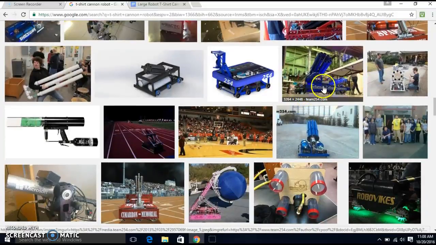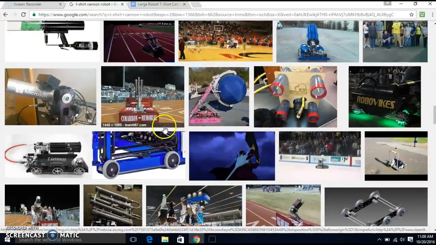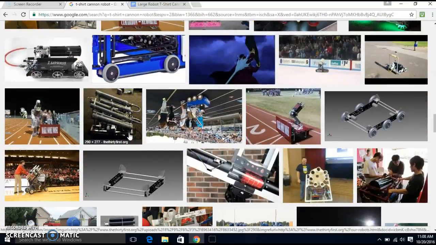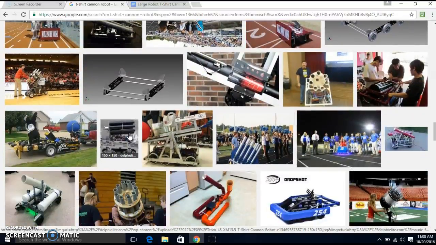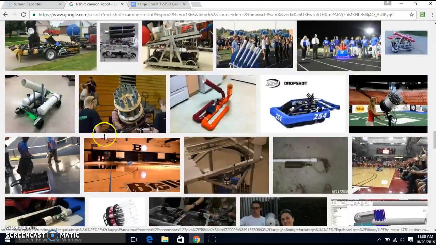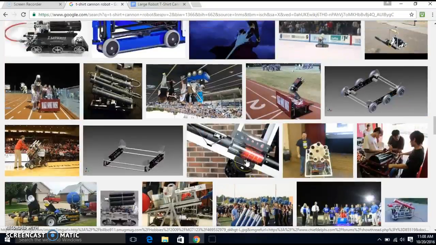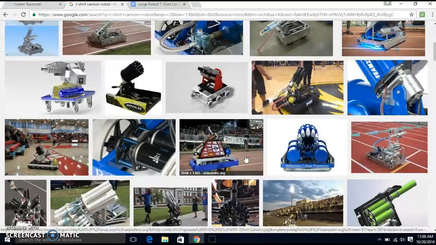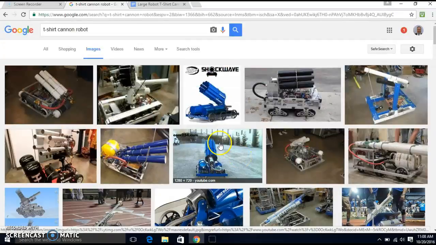Look at these guys. There's a high school doing it here. These look pretty awesome, okay? So I think what we're going to do is start looking at these. This looks like a good basic design here, and try to figure this out. What I wanted to do for homework tonight was to use RobotBuilder to break down the T-shirt cannon into its component